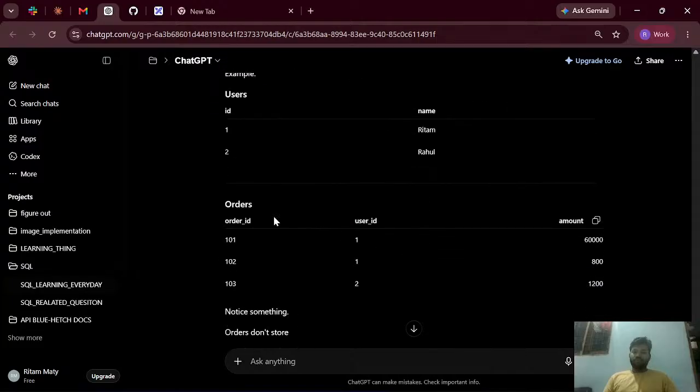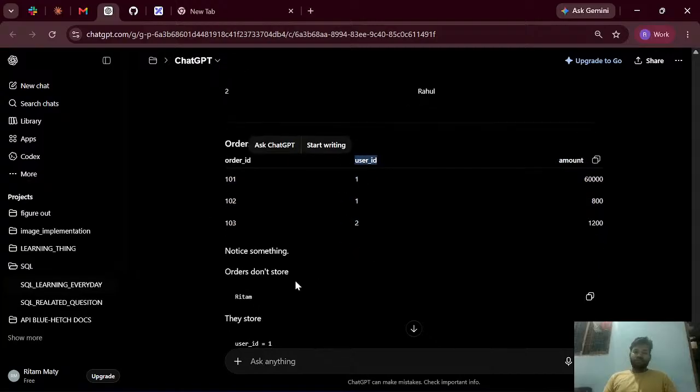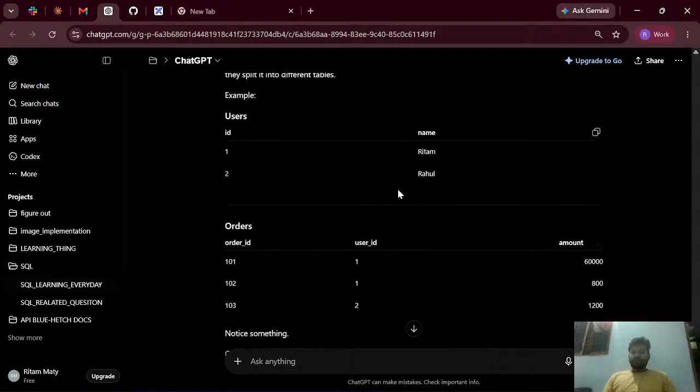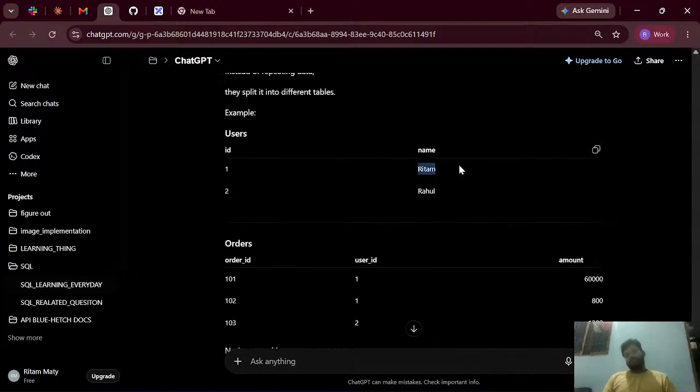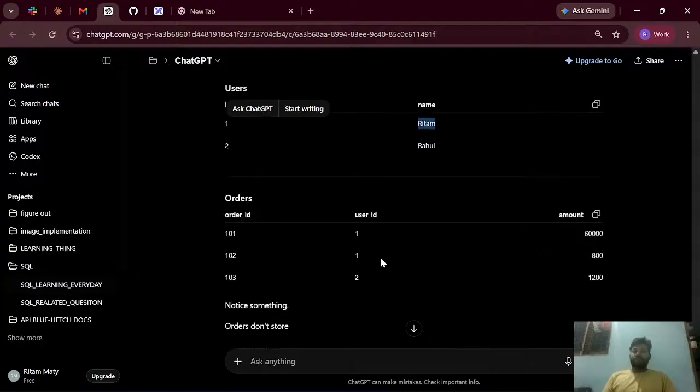So we need to store the data in the order ID column. Order doesn't store name. Why? There's a possibility of changing name. Maybe in future the user wants to change the name. Okay. If we store like an ID, name, and the order ID, but now the thing is